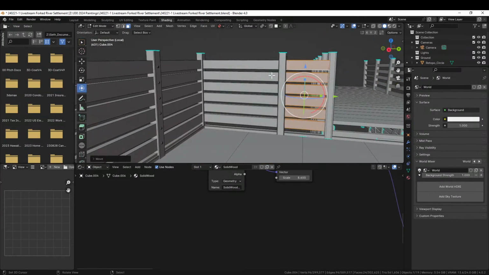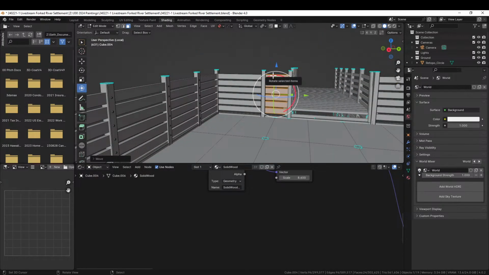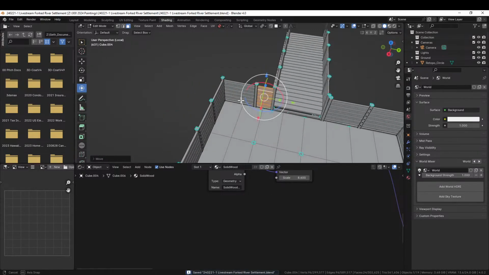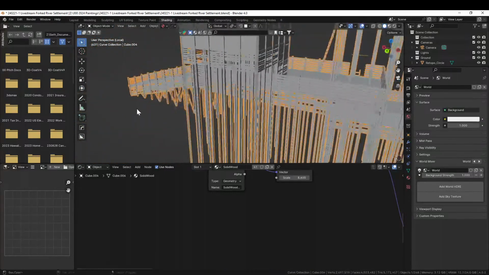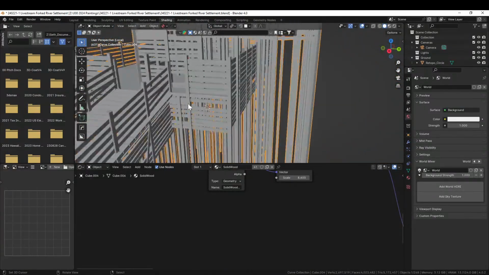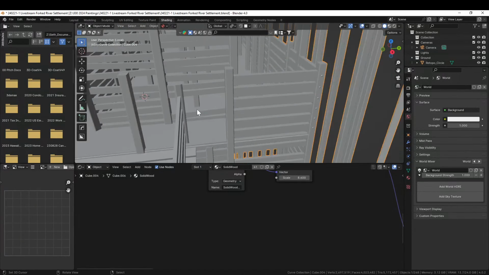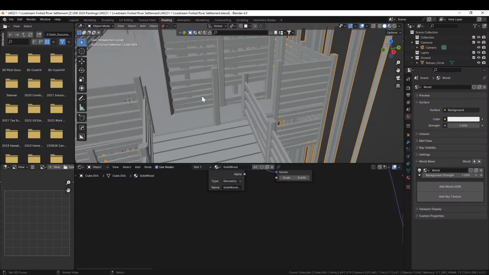There we go. Fix the wall. No one but me will care, but I care. So we fixed the wall. Was there one on the other side we wanted to fix too? Or did it look pretty good? Oh, this one we need to get rid of. Yeah, we do. Okay, so